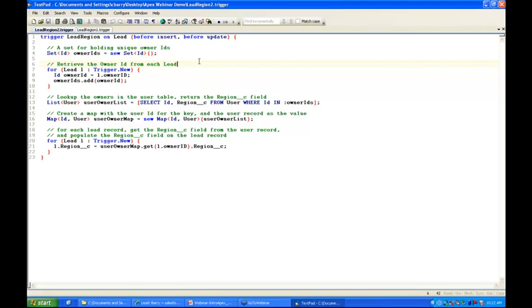So let's take a look at line 4. I declared a new set. A set is a collection of elements. In this case, they are record IDs, and I called that ownerIDs. Now, my for loop, I actually have two different for loops. The first for loop is going to collect all of the IDs of the owners and place them inside that